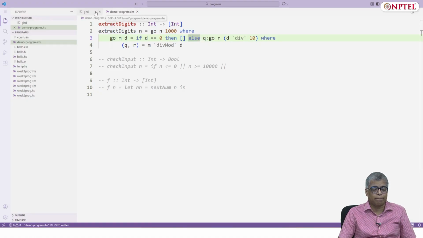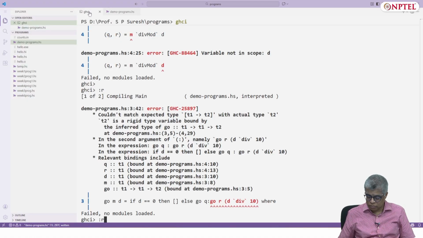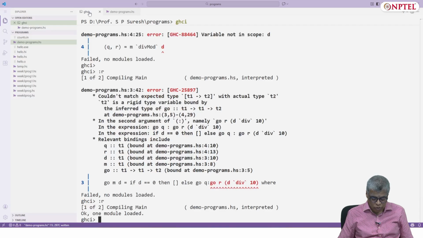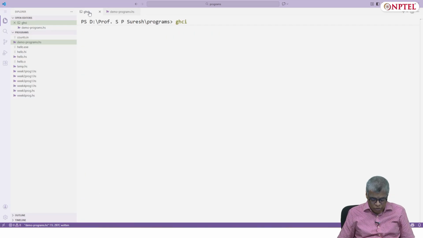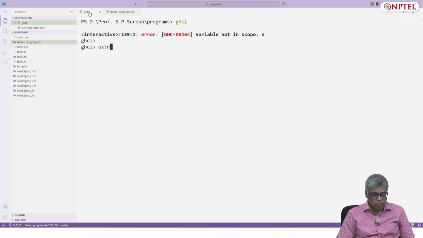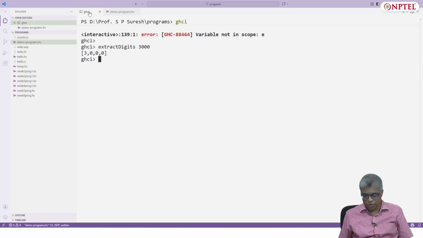I have now fixed them, so this whole thing loads now. So now let's do extract digits of 3000. We will get the list 3000.